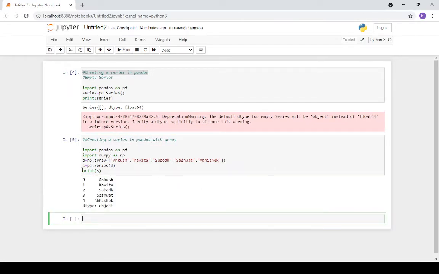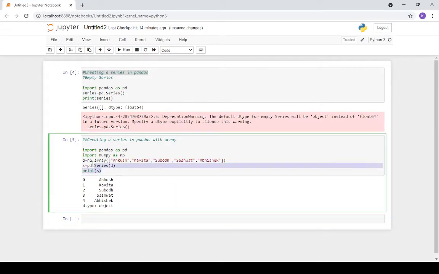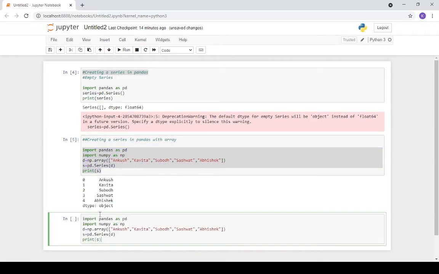Now you can see it is of type object. You can go with numbers also. Suppose you want to go with numbers, you just copy these things and paste them here, and enter whatever numbers you want here, including decimals.